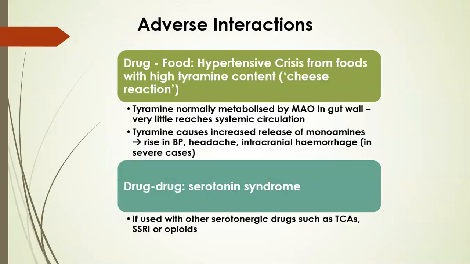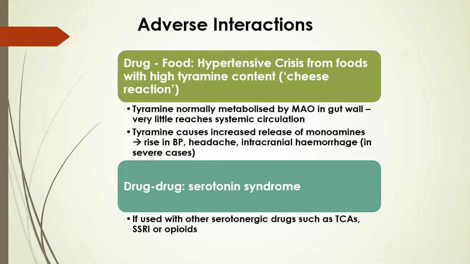Now comes the interesting part, the adverse interactions. The reason why this drug is so difficult to use is because it interacts with food. Interactions with other drugs are bad enough, but this drug has interactions with food. If you're not taking the right food, or if you're taking food high in tyramine content, it can cause hypertensive crisis. Usually tyramine is metabolized by MAO in the gut wall, and very little actually reaches the systemic